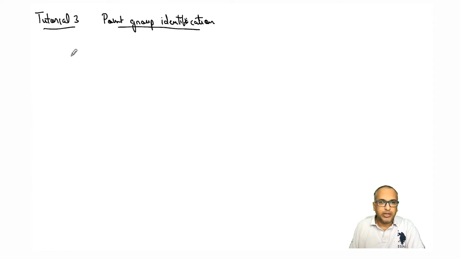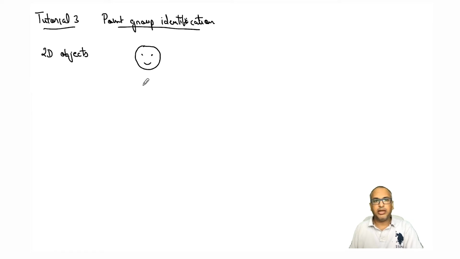Okay, all right. So we will start with 2D objects, random objects we will choose. Let's say you have a smiley face, a circle with two eyes and a smile. What do you think the point group of this will be? If we list down the elements, we have E, and we have a C2 which is passing through the center, like this. I'm not going to draw for all the molecules, I'm just mentioning it for the sake of this first molecule.